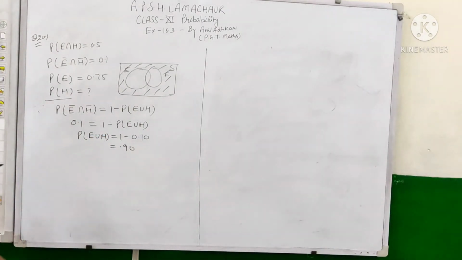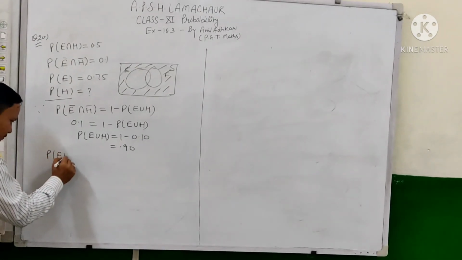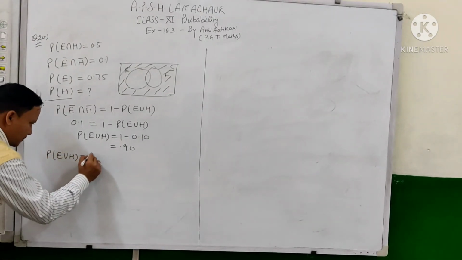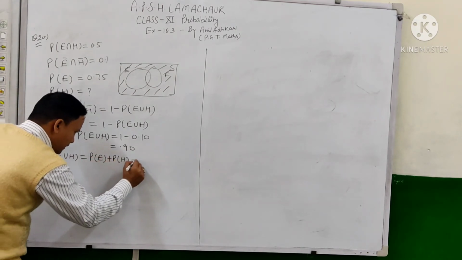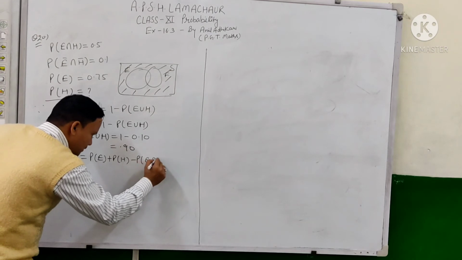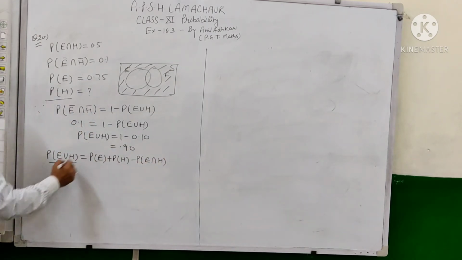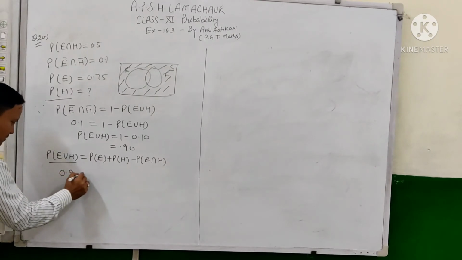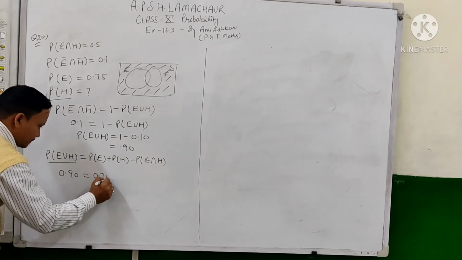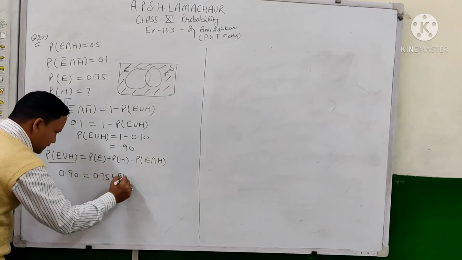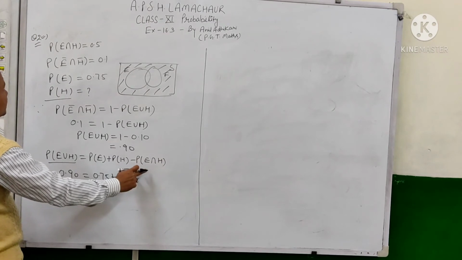Probability that the student will pass the Hindi examination. So P of E union H is equal to P of E plus P of H minus P of E intersection H. Okay. So P of E union H has been given as 0.90, P of E is 0.75. This has to be found, and P of E intersection H ये हमें दिया है